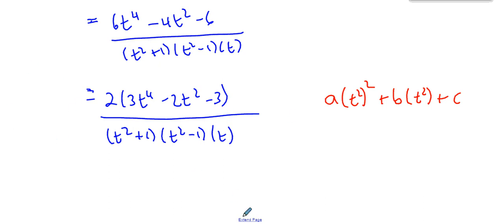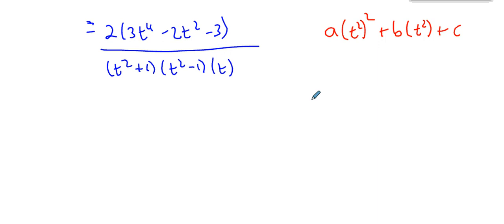So I'm just going to continue here on the side and do this math with you. So if I had 3a squared minus 2a minus 3, in other words I'm doing a substitution here, but because I'm doing it on the side I'm not formally doing it, so I didn't say let a equal t squared. That's just what I'm doing. So does this factor? Well, no, it doesn't factor. There aren't two numbers that multiply to -9 and add to -2, but I can still solve for a using the quadratic formula. So if you go through all the math here, you do the quadratic formula, get that a is equal to 2 plus or minus root 10 over 3,